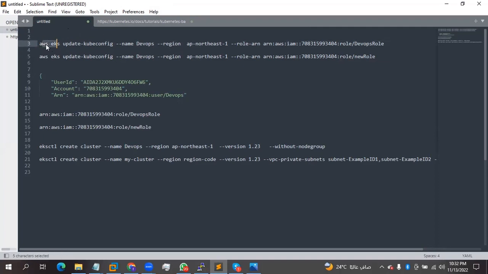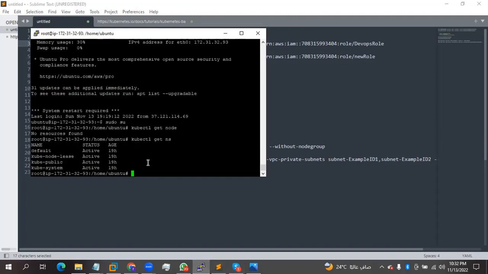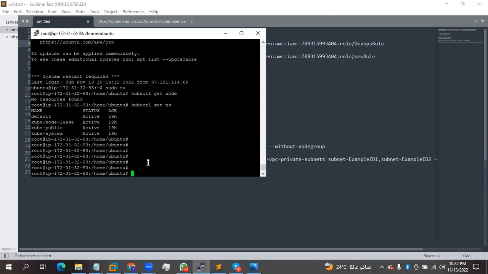Once you issue this command, aws is the AWS command line tool. So now we are interacting with Elastic Kubernetes Service. Now we are telling it update kubeconfig. Should I run this? When you issue this update kubeconfig, what you are telling it is to update the kubeconfig file, which is actually residing